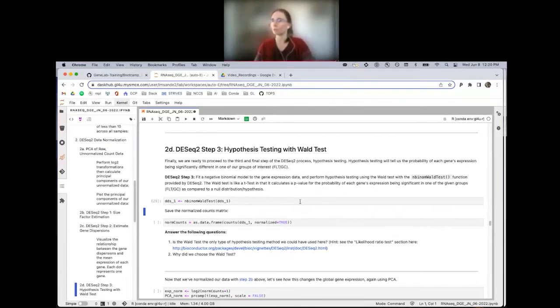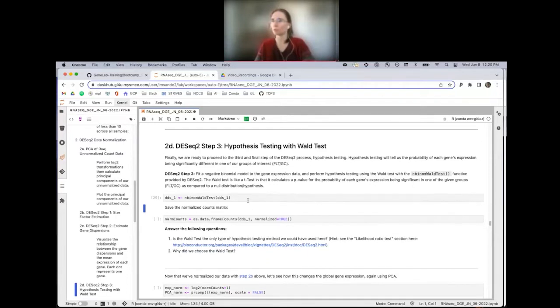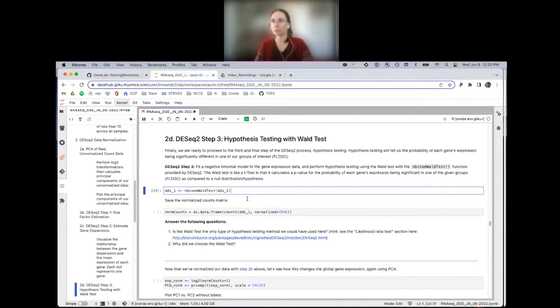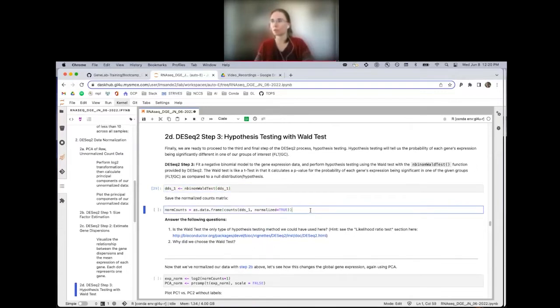But DESeq2 is very efficient. All right, so everyone's Wald tests probably should have finished by now. Let me know if it hasn't. You shouldn't get any output because we're just assigning the output to a variable. And finally, what we can do before we move on is access that normalized counts matrix from our